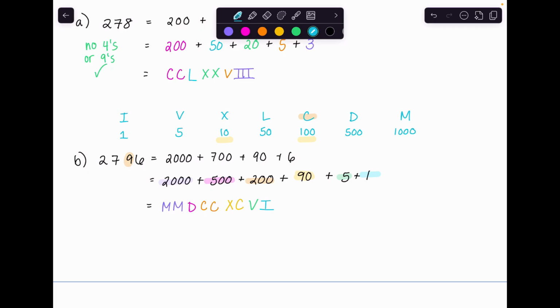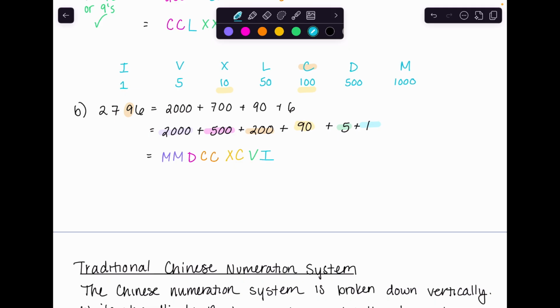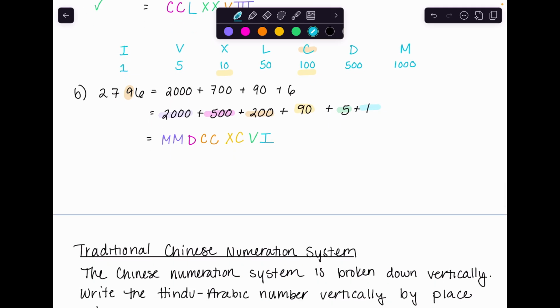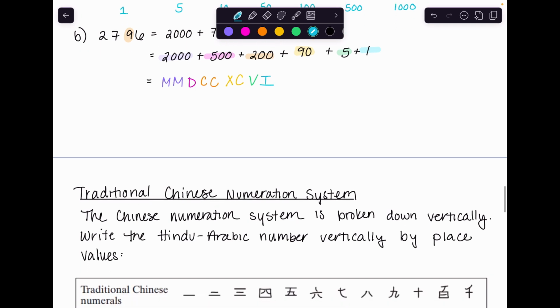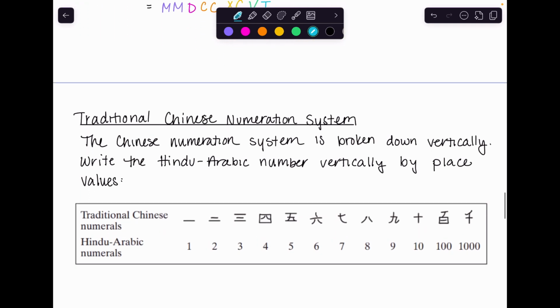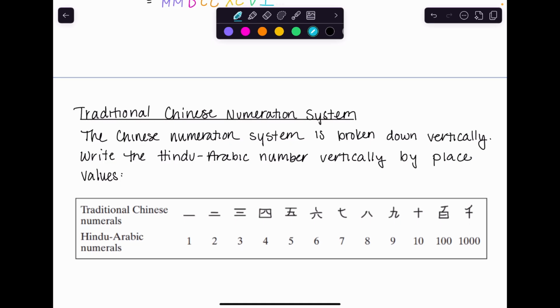Next up, we've got the traditional Chinese numeration system. And theirs is actually really nice. It's also some symbols that'll be used to help us. It's kind of like the Mayans where it's broken down vertically. And it's also broken down based on placeholders of zeros, tens, ones, and 1,000s. The really nice thing is you don't actually need a placeholder for 0. Because what you're going to do, if you want to write 600, you're going to say you have 6 100s,